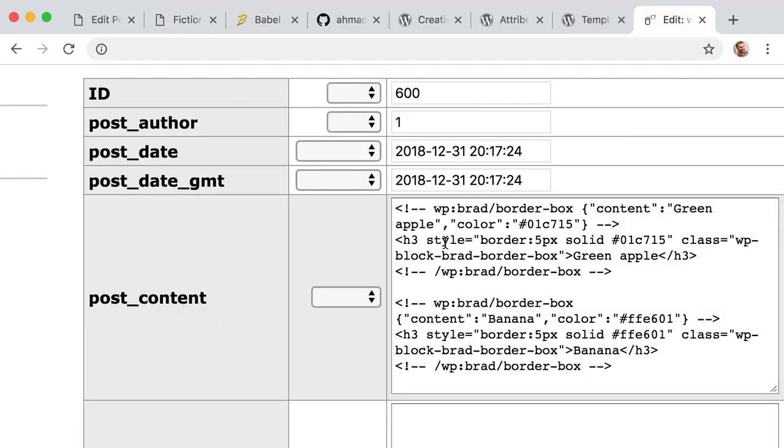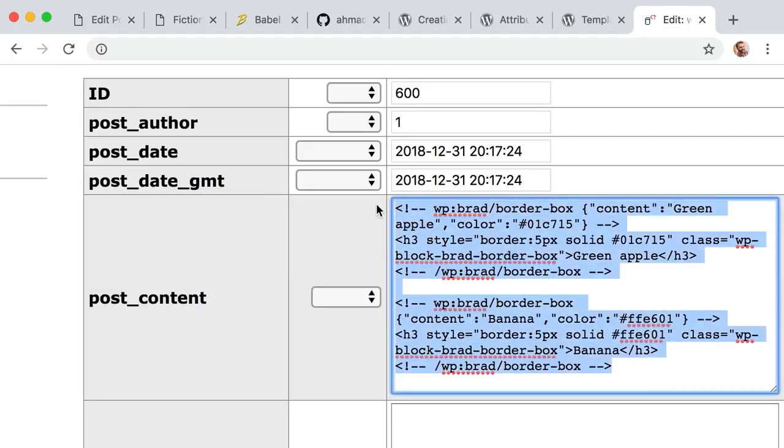All right, so this is the database entry for that post that I was working on. And here is the post content field. Before the block editor, this is where just our standard HTML would live, right? Paragraphs, headlines, unordered lists, and that's still basically what's going on. I think you'll be surprised how simple the new block editor actually is in terms of what it saves to